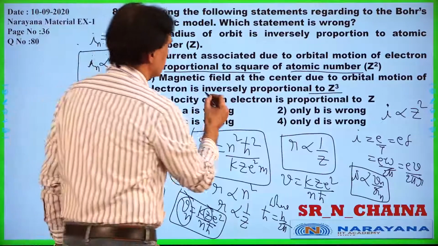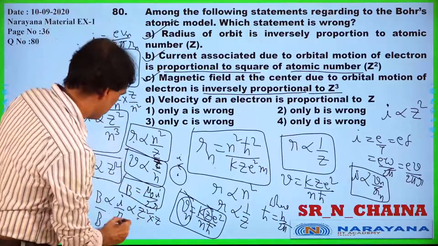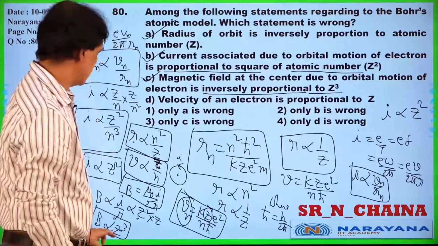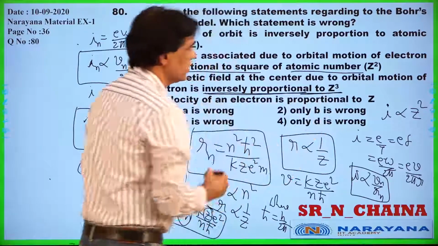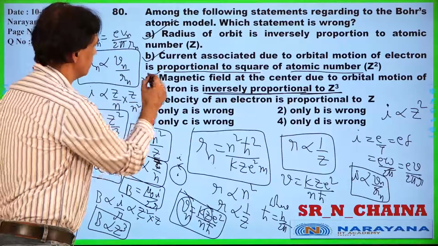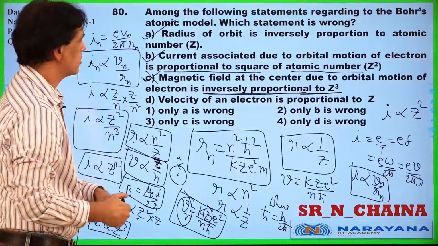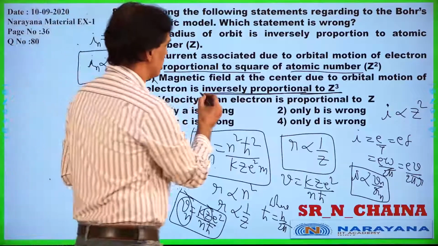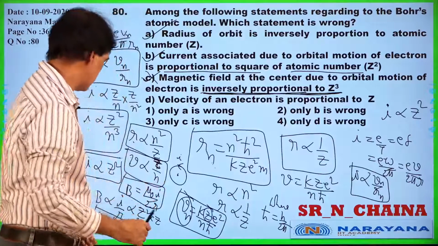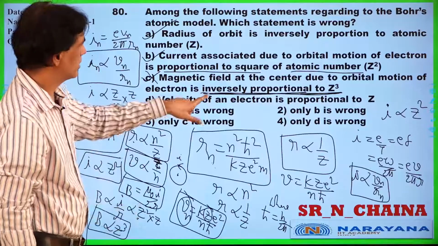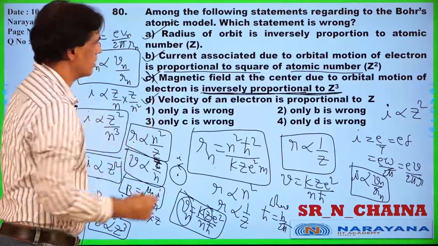Here it is given inversely proportional, okay? So you have to check. Here we have got directly proportional. B is directly proportional to Z, but here it is given inversely proportional to Z cube. So therefore, it should be wrong. I thought that it is directly proportional, but if you read carefully, we can understand that it is given inversely proportional to Z cube. So third option is wrong, but the last one is correct.